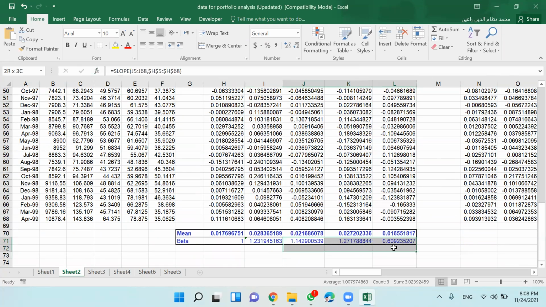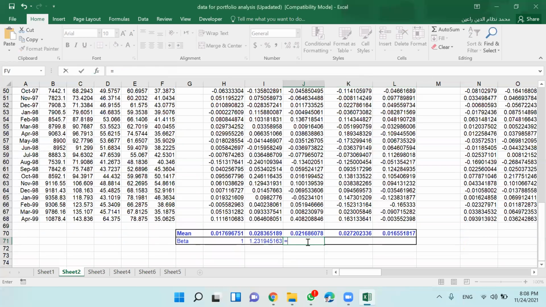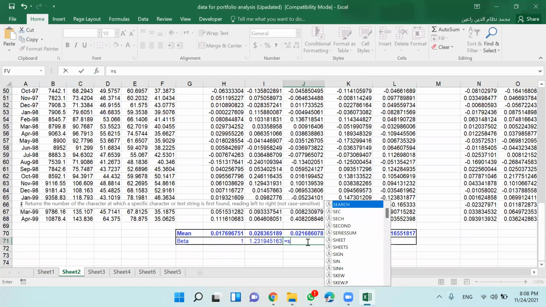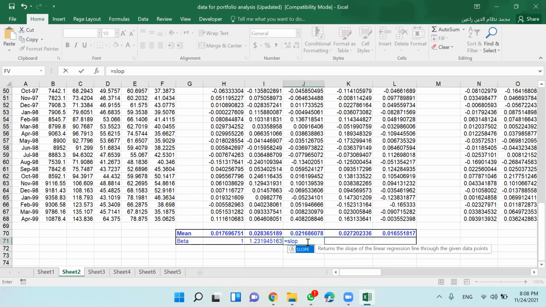Once you have calculated this beta, you can calculate it for other companies. So you put the cursor here and again use the slope function. You start with a parenthesis, and you can see the equation here.